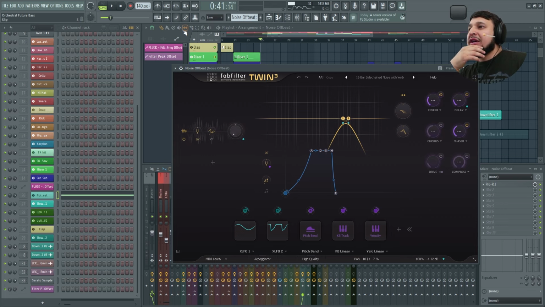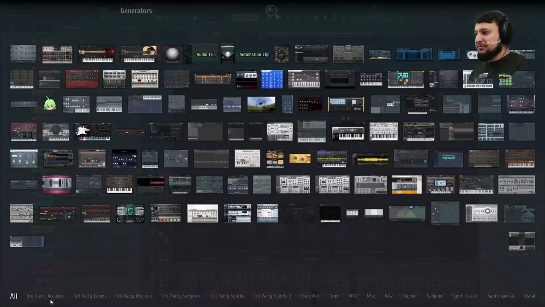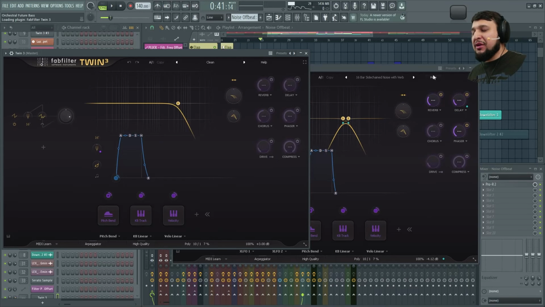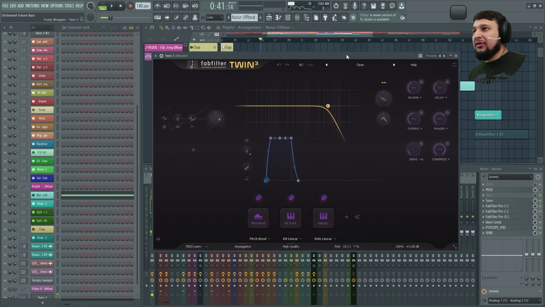Here I have a sidechain noise with verb. It's create a new twin. Now I've tried to make this patch before. However, I wasn't really successful with it. So what I ended up doing was I uploaded a side scope and matched it with another sidechain noise that I had. But I kind of remember how to make the patch, so I set this to high quality, white noise, turn the reverb a little bit, and then I set this to mono, and